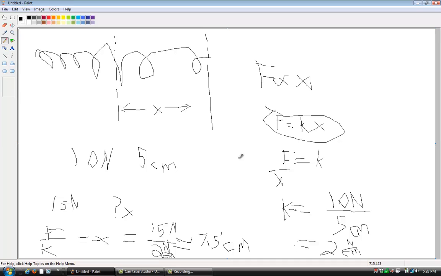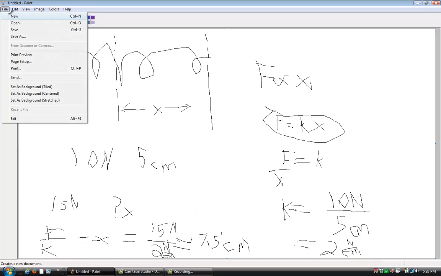If they had asked me what force would I experience for a particular displacement, actually would have been a little bit easier. We just take the equation as it is, k times x, and find the force. Okay? Now the same thing applies with the others, so I'm not going to do the number part with the others. I may do one more. But I need to show you the other types of